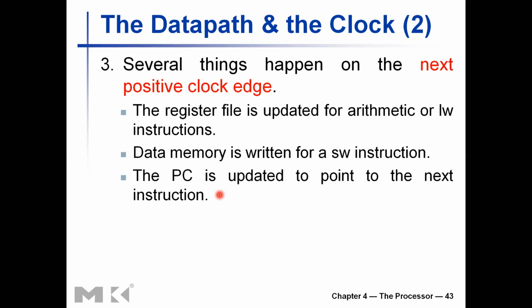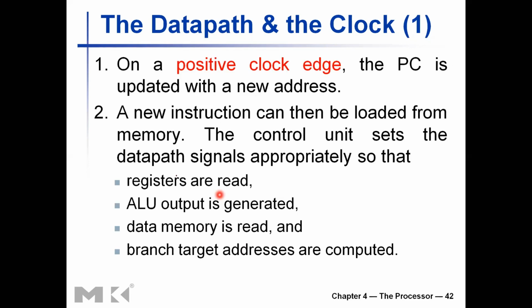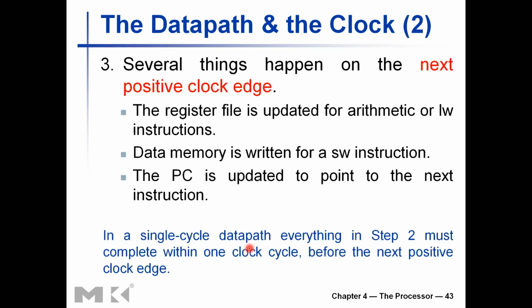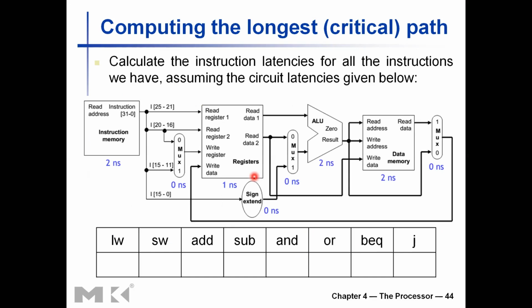So in step 2, what did we have? Instruction decoding by the control unit, generation of the control signals, and writing or reading of the register file, ALU operations, data memory reading, branch target computation. All those things should happen between the two clock edges. Right. I hope that is clear to you. So